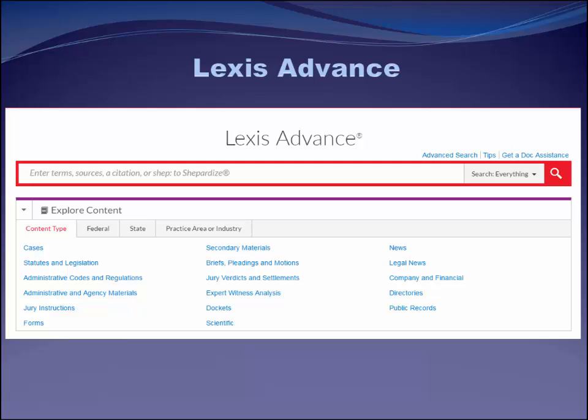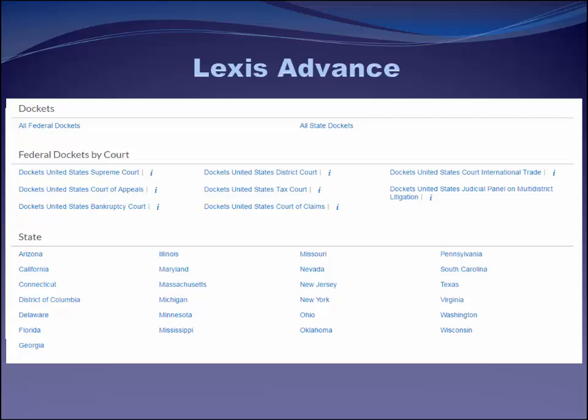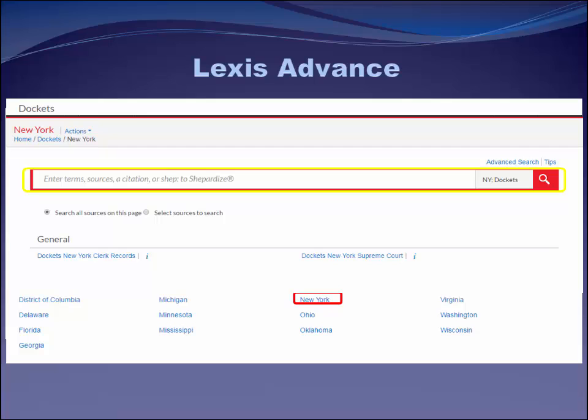As with Westlaw Next, docket coverage on Lexis Advance is not as good as Bloomberg. So to search dockets in Lexis Advance, first we're going to select dockets, and then we would just pick our jurisdiction. Here I'll pick New York. Once there, I can either do a keyword search, but again, remember I'm just searching the docket sheet, not the